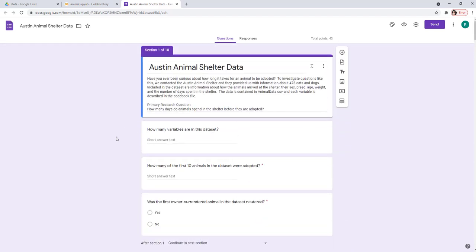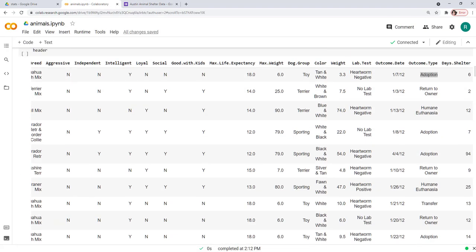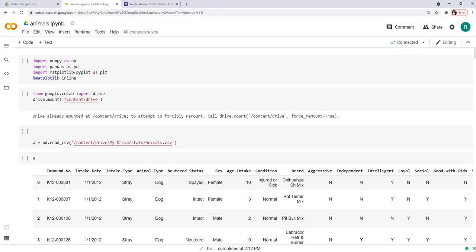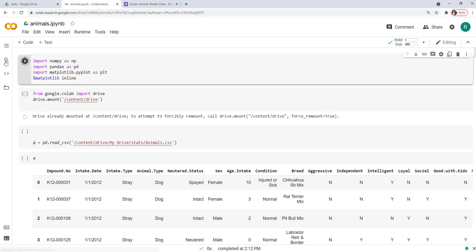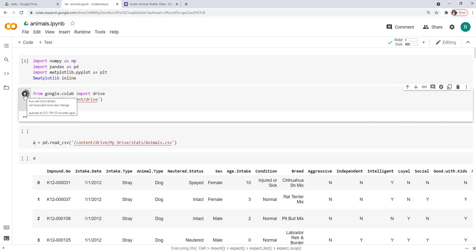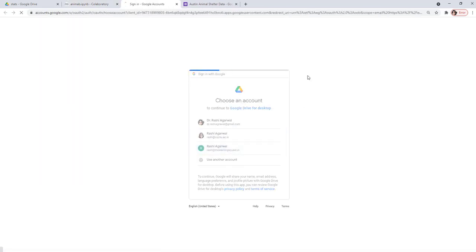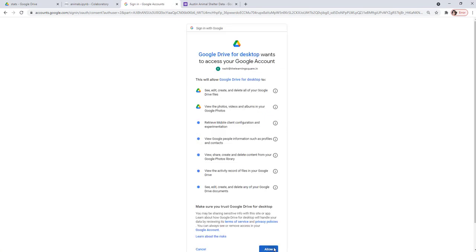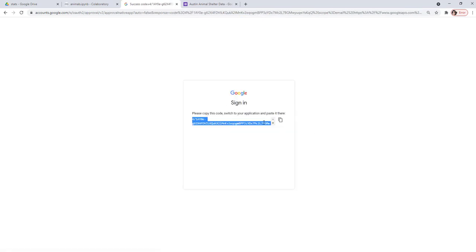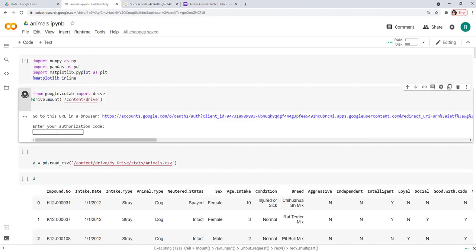First we analyze the data. How many variables are there in this data set? Like before, I will first import all the mandatory files and load my Google Drive, the account which has this particular file.